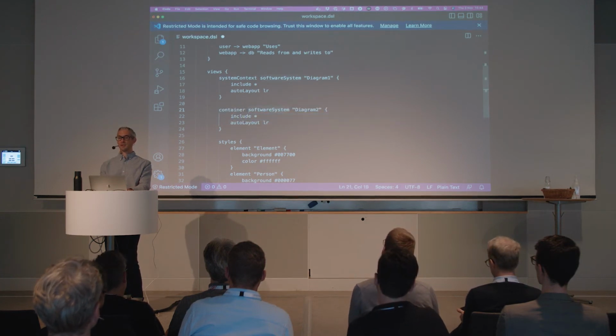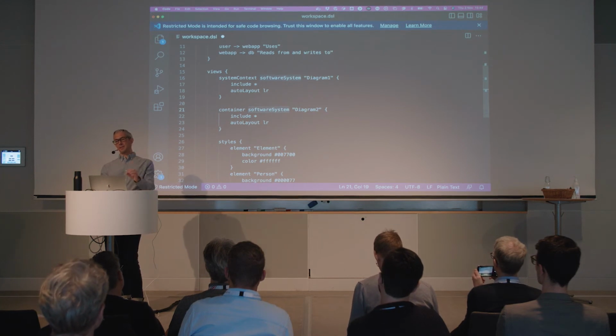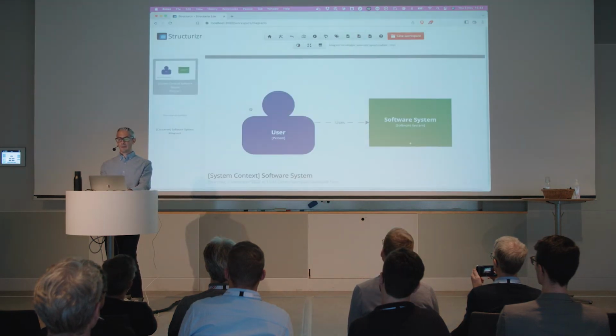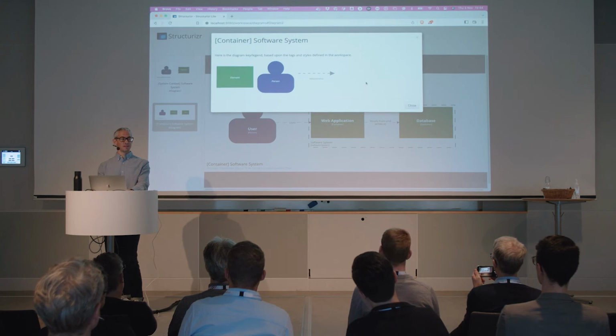So what we want to do now is create a container view for that software system. Include star in this example now says include all of the containers inside that software system and find things that link to those containers. And again, apply automatic layout. So now, if we go back here, we still have this diagram, and I can double click this, and we get the container diagram. And again, the diagram key is automatically generated.